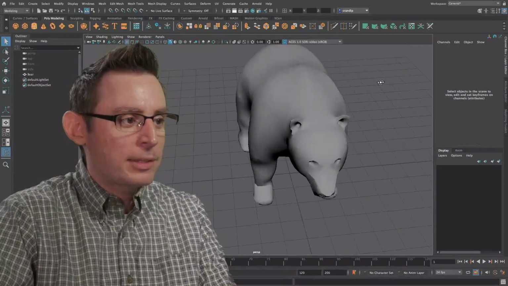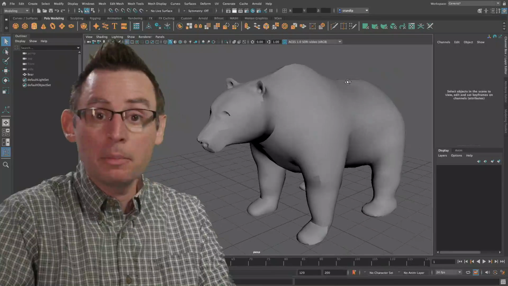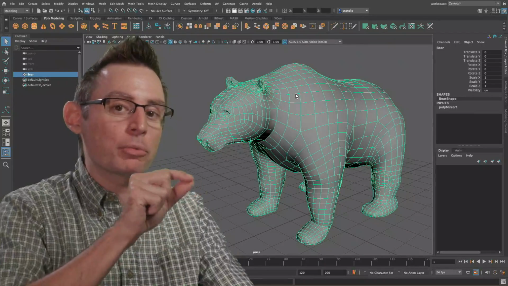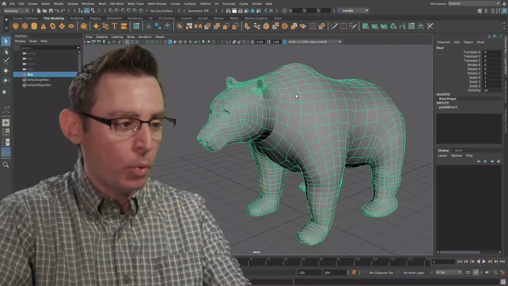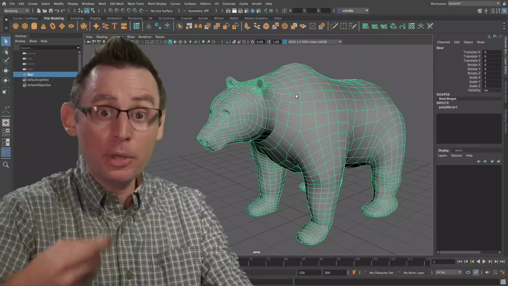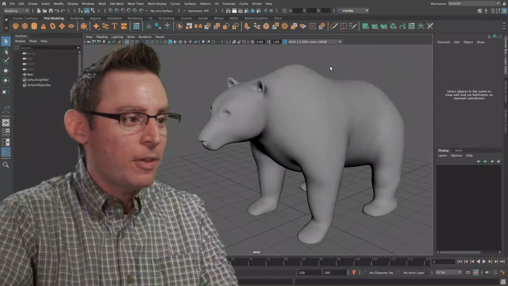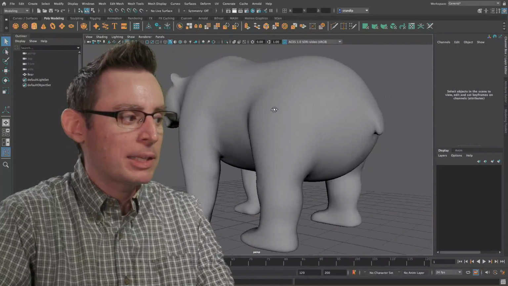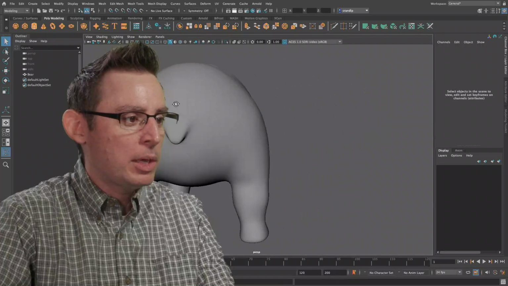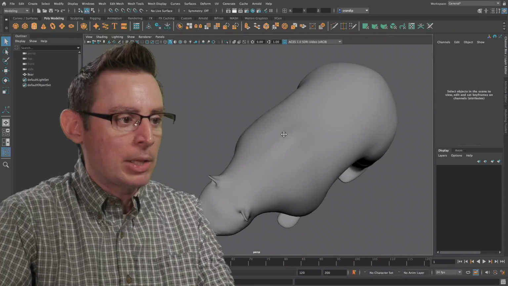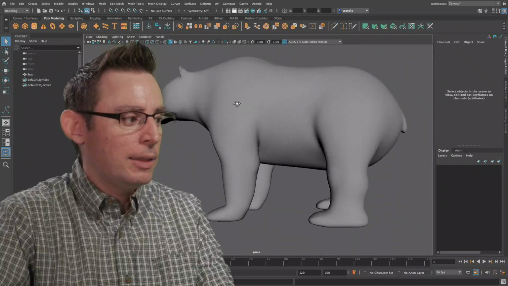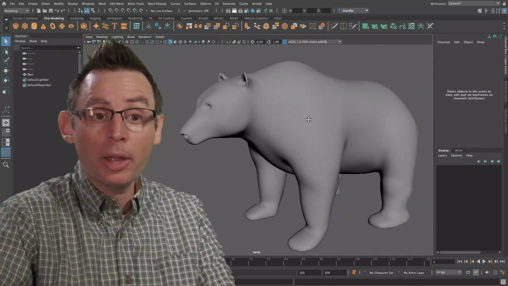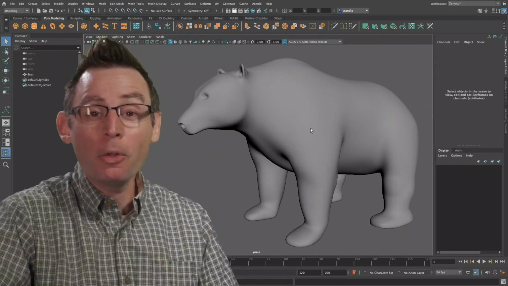One of the final things that I like to do before I advance past the mirroring step is just to check it. With the model selected, I hit the number 3 key on the top row of my keyboard, which is going to subdivide or give me a preview of the subdivision smoothing. And if everything looks good with the preview of the subdivision smoothing active inside of my scene, then I am a happy camper, as they say. Yeah, look at that. That's looking pretty fantastic. And this is ultimately a really great solid representation of what the final bear is going to look like when we're done with it inside of all of these production stages.